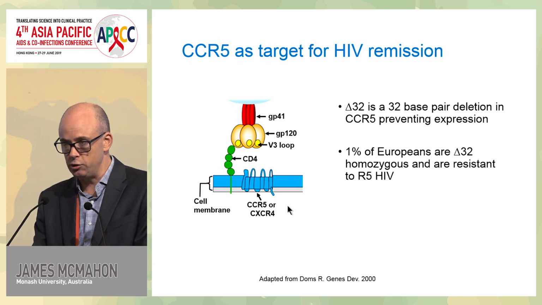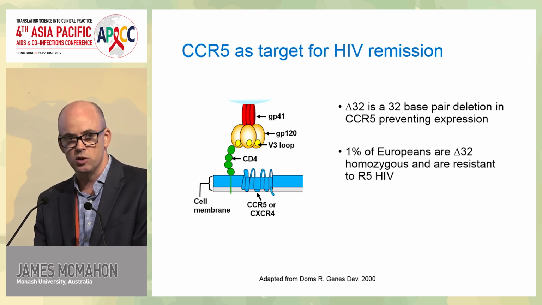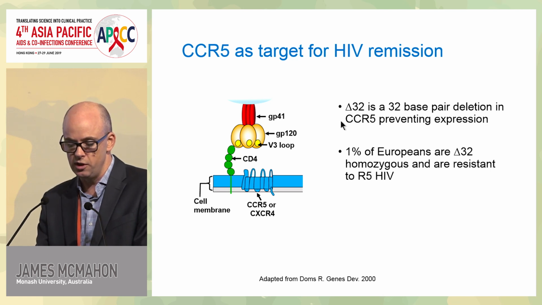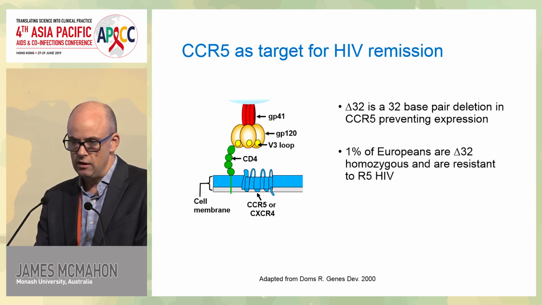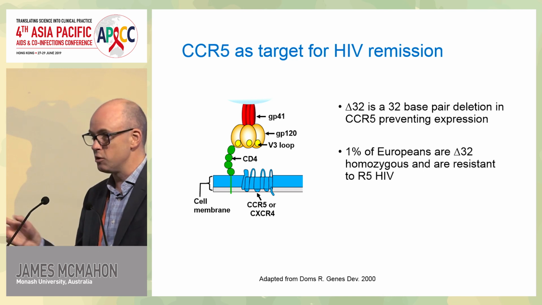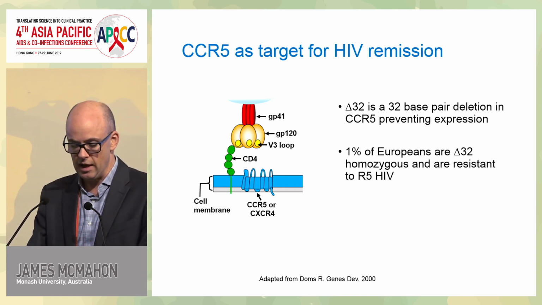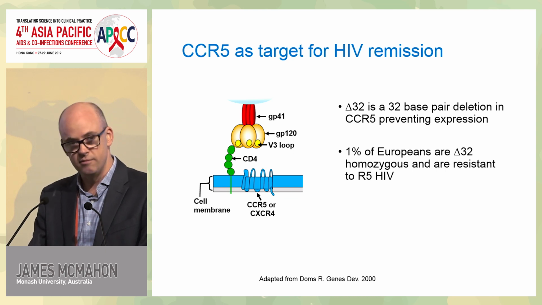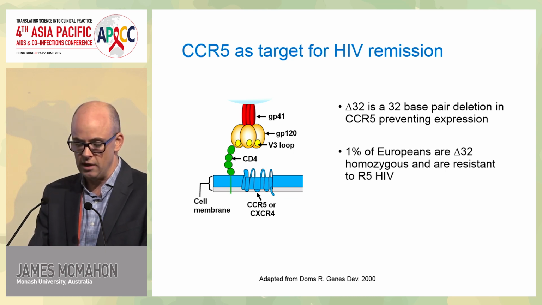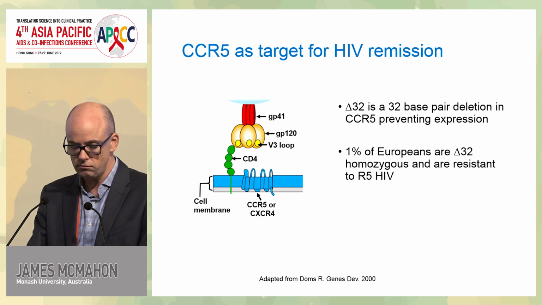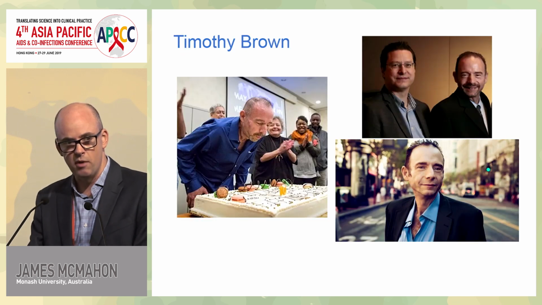And then some people just naturally don't express CCR5, and the people who don't express that are what's called homozygous for this delta 32 or 32 base pair deletion for CCR5. That's about 1% of Europeans, and there's a little bit of evidence that it's possibly deleterious in long-term life. But in general, it's thought to be essentially a safe phenomenon to be lacking this CCR5. But if you don't have it, HIV would not be able to enter those CD4 T cells. And this is the basis for why these bone marrow transplants have worked.